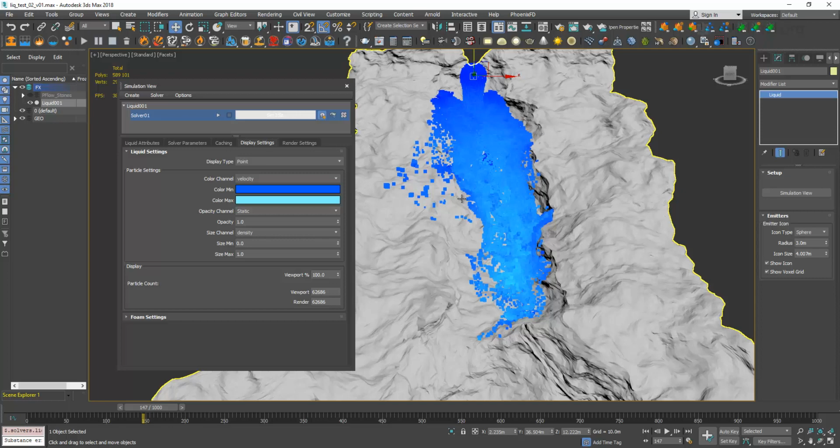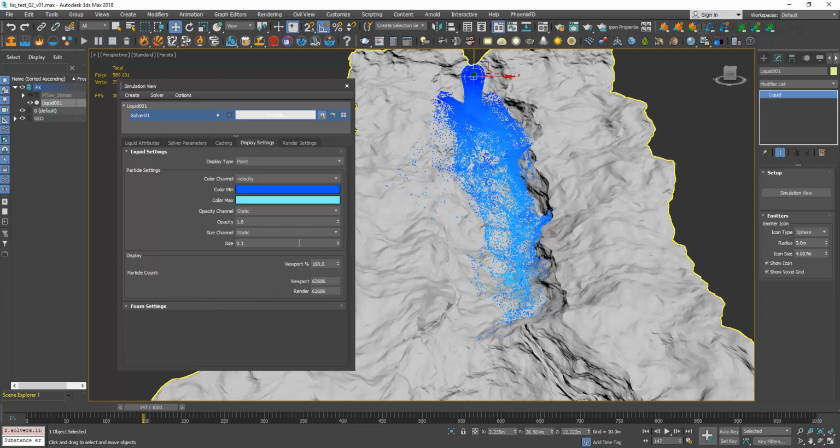I prefer to look at some color grades, and it's a little bit difficult to understand this density if I'm using the particle size, but it's definitely a good feature, and I think that sometimes it can be helpful. So you can definitely use that. The same goes for opacity. We can change the opacity of each particle using some channels here, but I prefer to use static values for the opacity and size. So I have the same opacity and the same size for each particle,